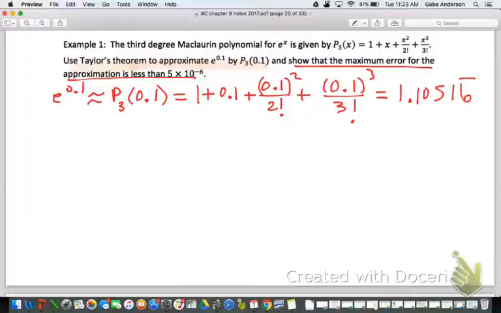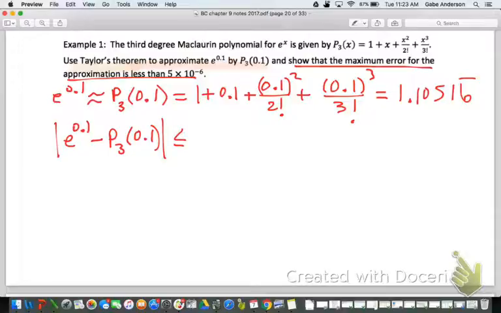So how are we going to do this? If this were an alternating series, we could use the alternating series error bound and say, hey, we cut it off when n was 3, so let's see what the first neglected term would be if n was 4. But this is not an alternating series, so we can't do that. So we're going to have to use the Lagrange form of the remainder, and here's how we could do that. I would say something like this. e to the 0.1 minus p sub 3 of 0.1, the absolute value of that, so this is expressing our error. The actual value minus our approximation, that's our error, is less than or equal to,